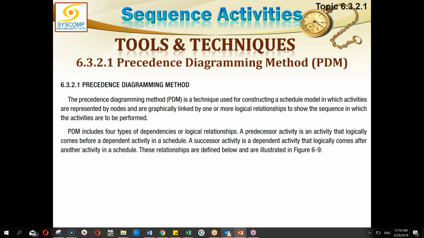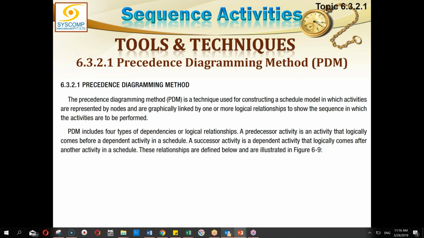And it does matter from which point it is connected. The box is kind of a square or a rectangular box, and that box has a starting edge as well as a finishing edge. If the arrow originates from the starting edge of a predecessor and connects to the starting edge of a successor, that means